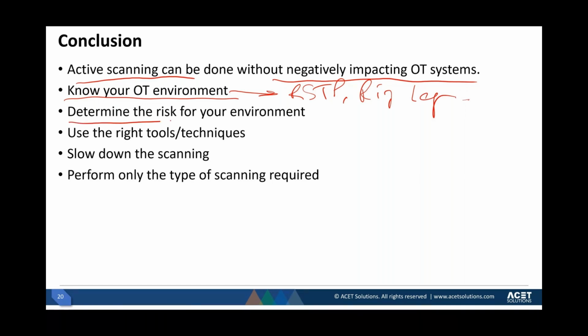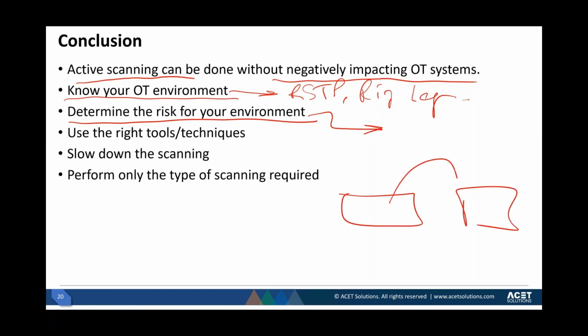In control systems, you may have 50, 60 separate networks. For each network, you should know what the risk is. Is it a safety system? Is any communication happening between PLCs? Or is it just communication between PLCs and HMI? If it is only between PLC and HMI, it's okay if there is a 1 second delay. But if there is communication happening between PLCs, you don't mess with that, yeah?